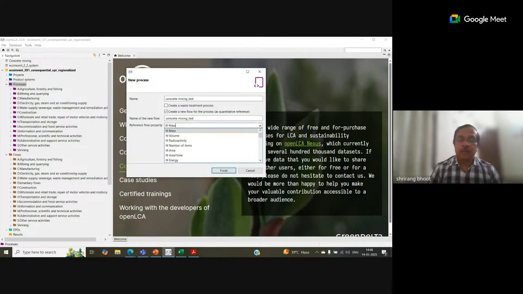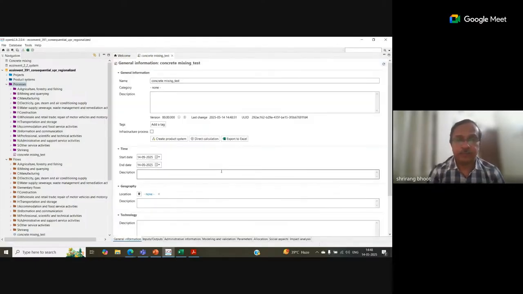When you are creating for a building, you will have the reference flow property as area. But here we are just creating a concrete mix, which has a reference flow property of mass, so we are going to measure everything in mass. So I keep the reference flow property as mass and click on the finish button.